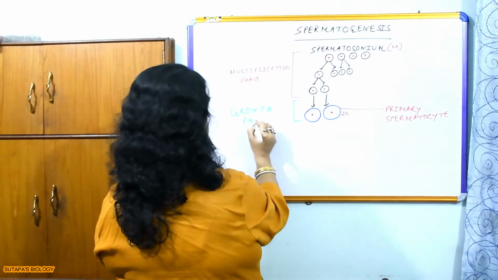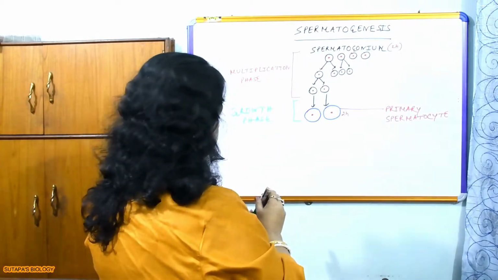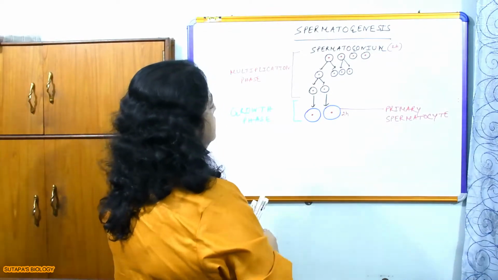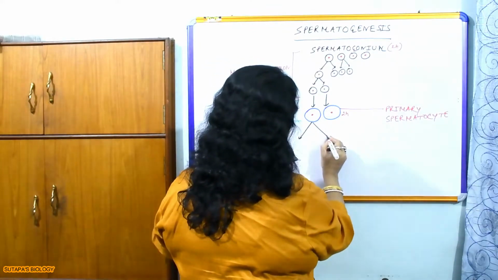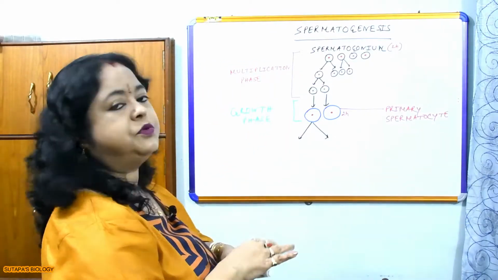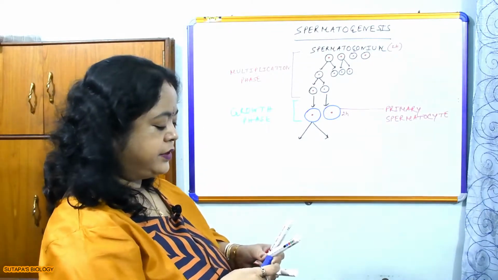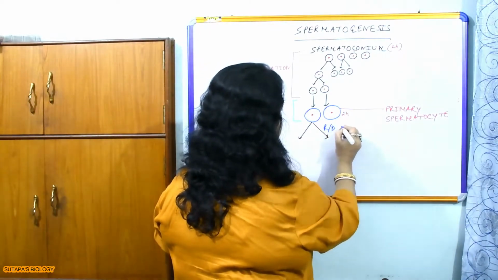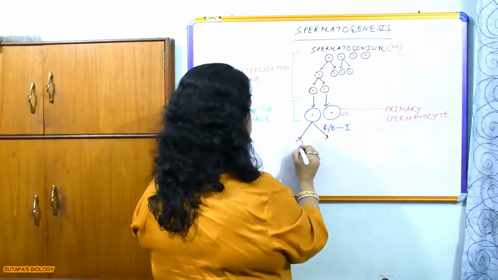After the multiplication phase, the chromosome number remains the same here, and then the next one is the maturation phase. Here we shall observe that two cells will be produced, but their chromosome number will be half of the twin. So they will be N cells. Reduction division 1, which is equivalent to meiosis 1, is taking place here, and these cells are produced from here